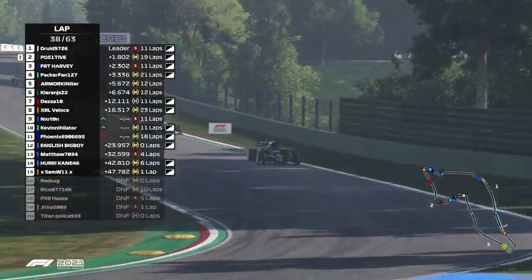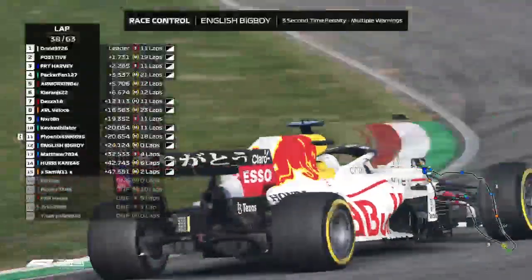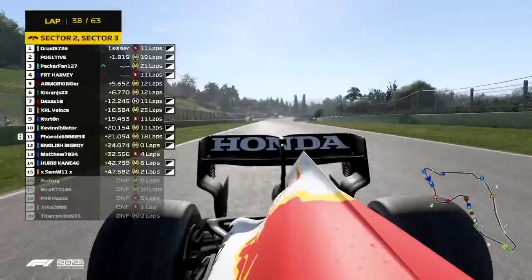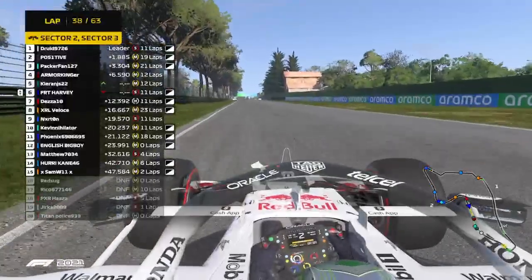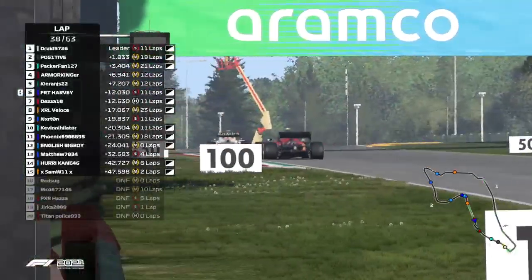As Norton, oh, Phoenix is making a pit stop, I think, or have they spun? No, they just maybe had a bit of an off-set. Oh yeah, they went to the gravel, but they saved it this time, which is good. And Harvey has spun round and is stuck on the curb. Oh no, they're trying to launch themselves off. But Harvey spinning once again, and clearly the Red Bulls are having some cobwebs, and will not be saying arigato